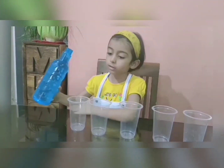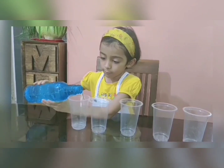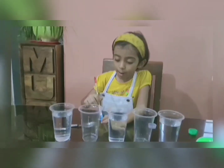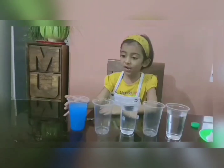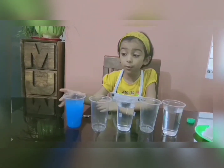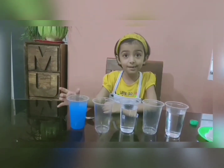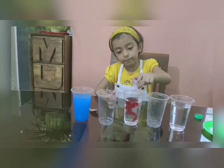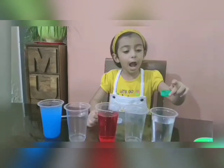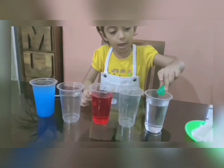Now I will pour the water. Now I will take blue color. I have mixed the blue color in the water. Now I will take red color. Now I will take green color and